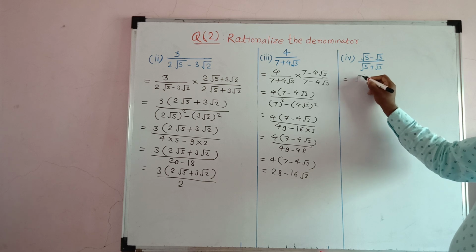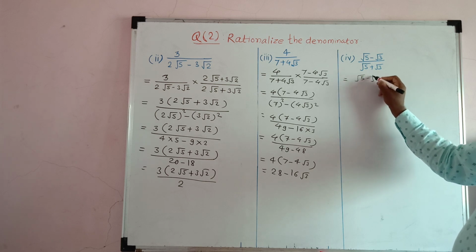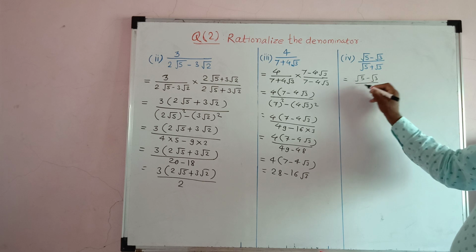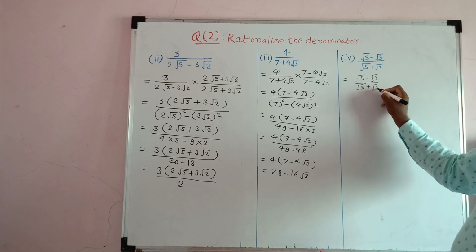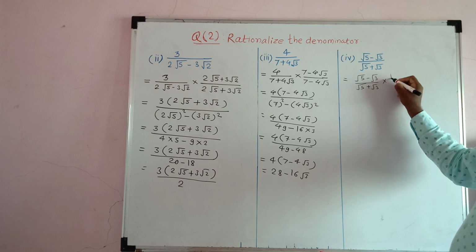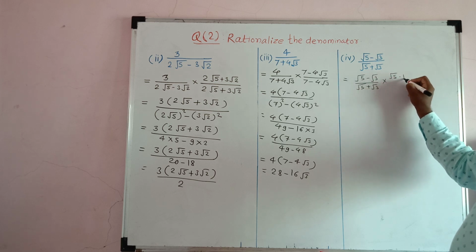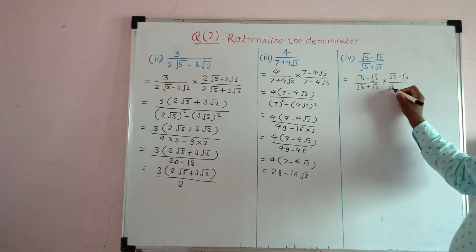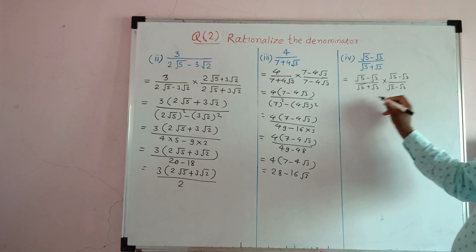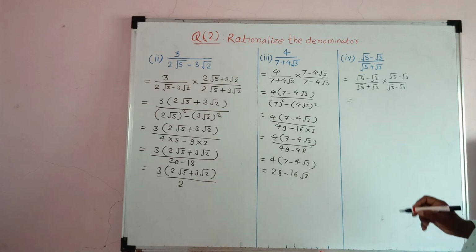So we write (√5 − √3) upon (√5 + √3) into (√5 − √3) upon (√5 − √3) is equal to, now